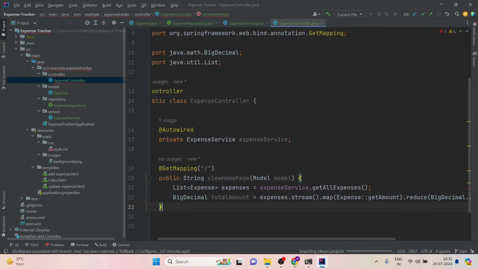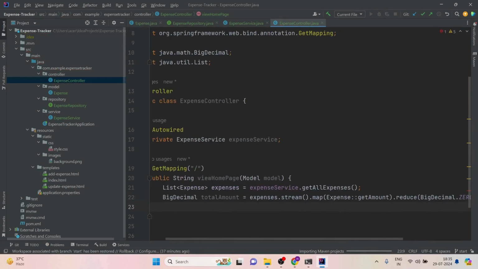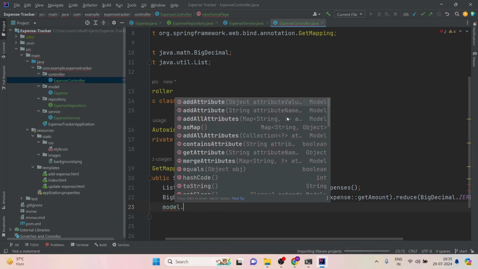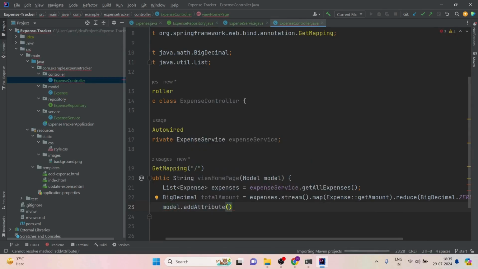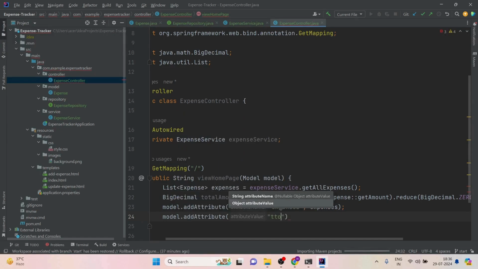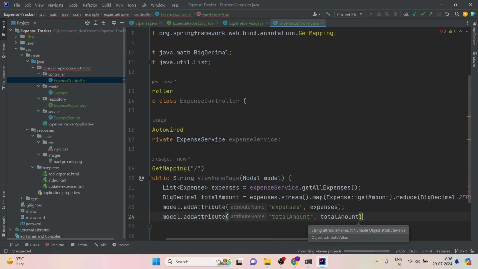Now that we have the total amount value, we can add that in the model by typing in model.addAttribute("expenses", expenses) and model.addAttribute("totalAmount", totalAmount), and then return